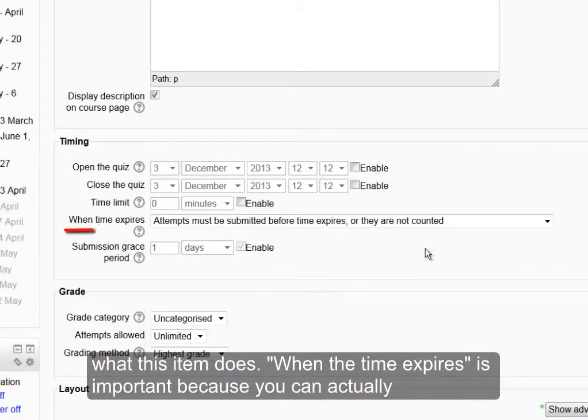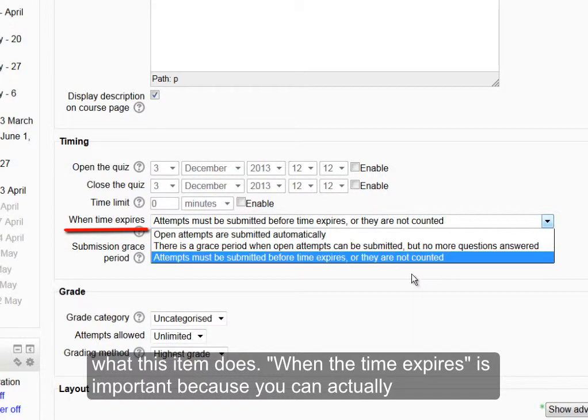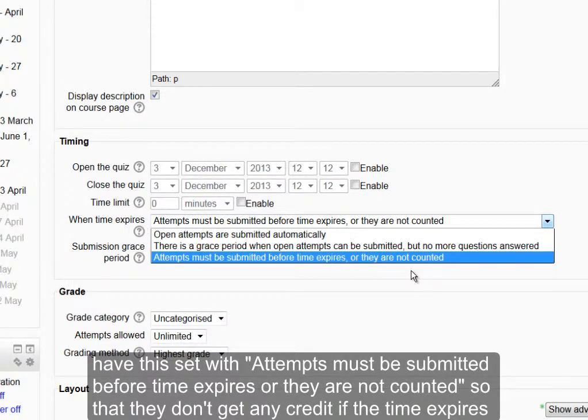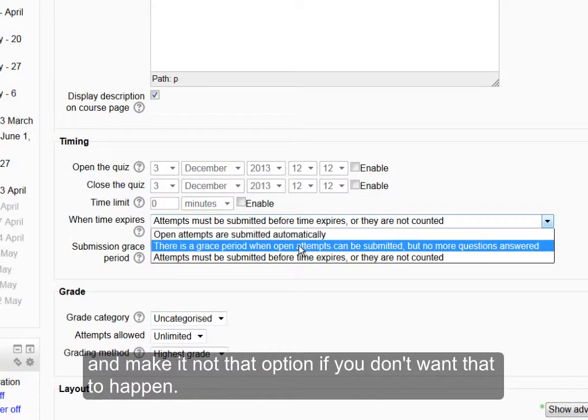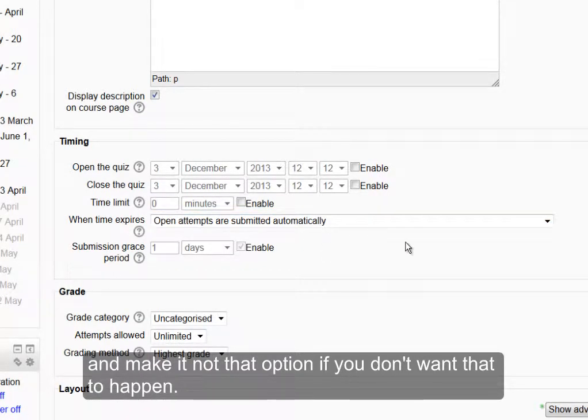this item does. When the time expires is important because you can actually have this set with attempts must be submitted before time expires or they are not counted, so that they don't get any credit if the time expires while they're still taking the test. And that could cause some problems for them. So you might want to make sure that you check this and make it not that option if you don't